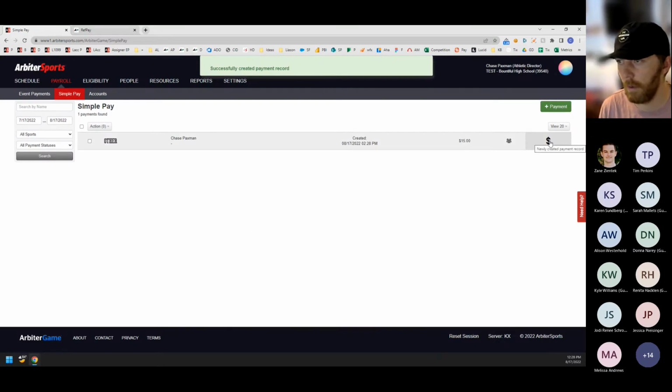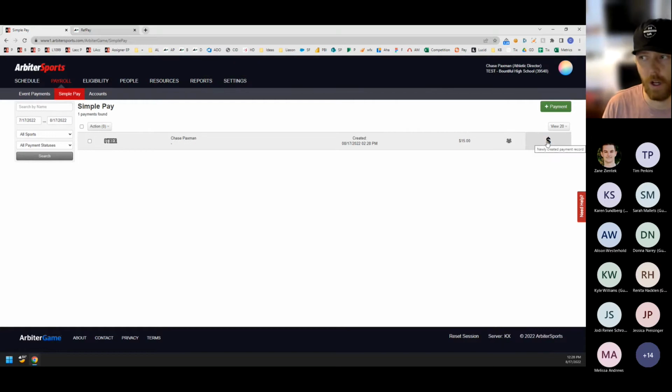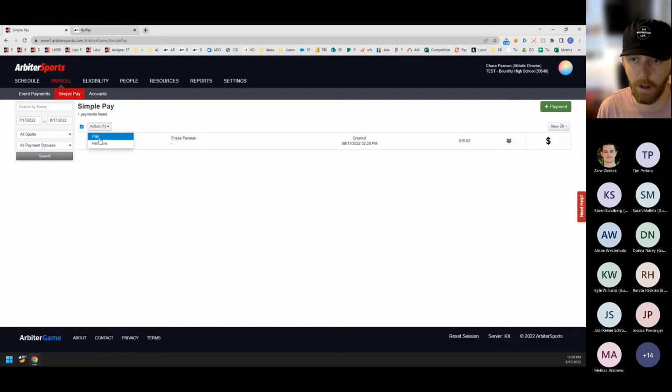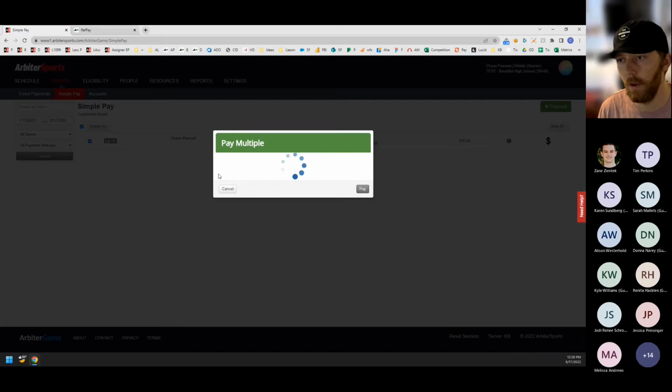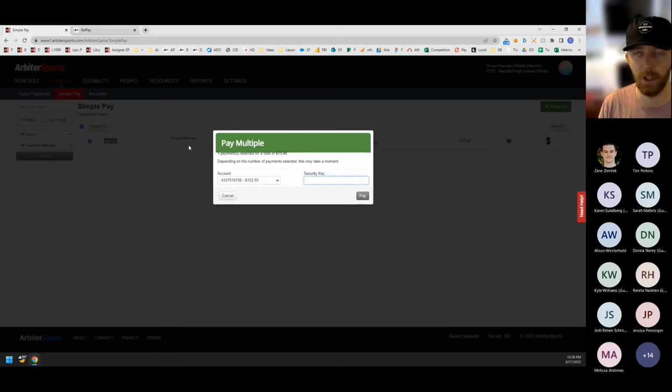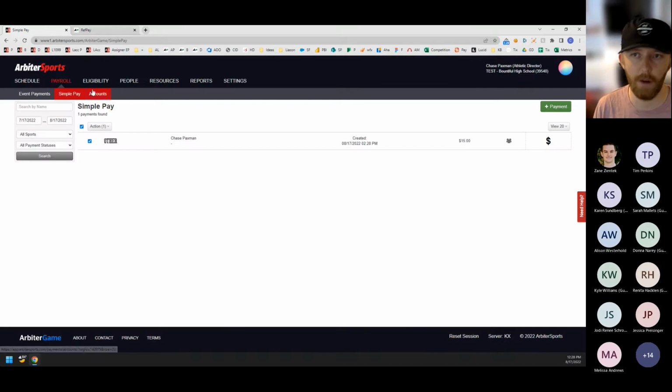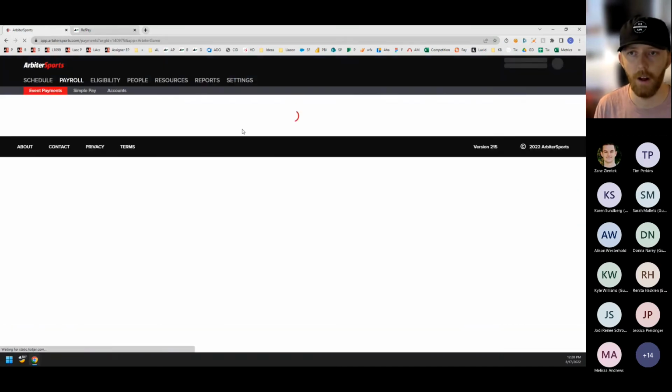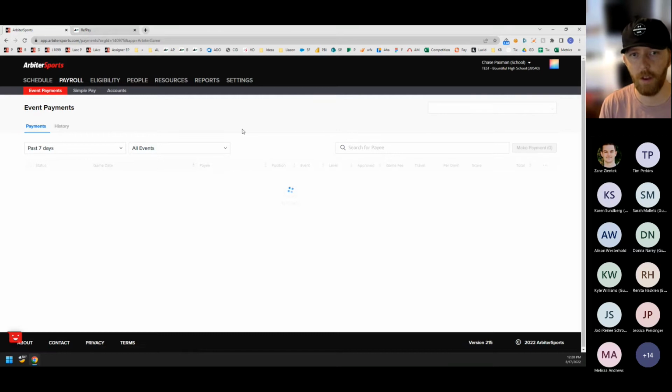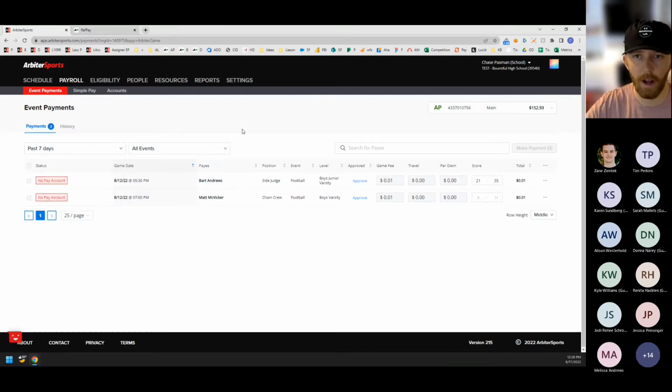This $ will be black. It will turn green once I actually make the payment. In order to make a payment on a pay later item, I just check the box and then click pay. It's going to ask for my PIN one more time. Once I type that in, it's going to execute the payment, and it will actually move the money from my account to the officials. So I'm not going to actually execute it here, but that's the way of handling a simple payment like that. And that's really all I had to show as far as the payment processes are concerned